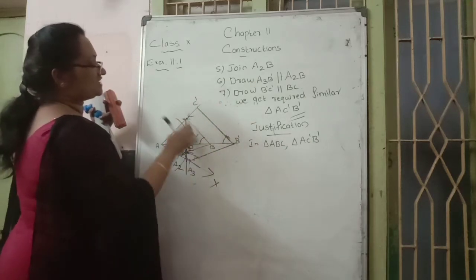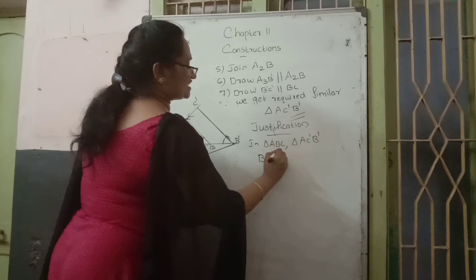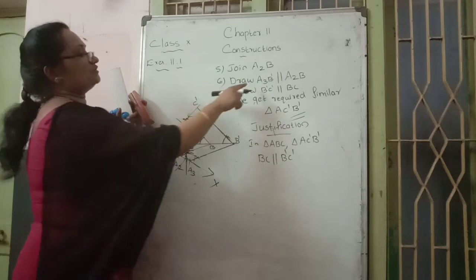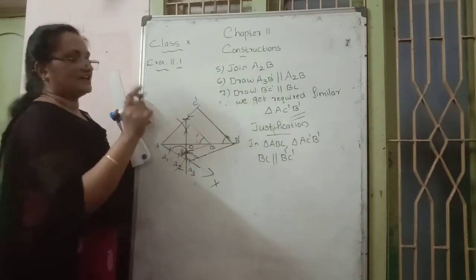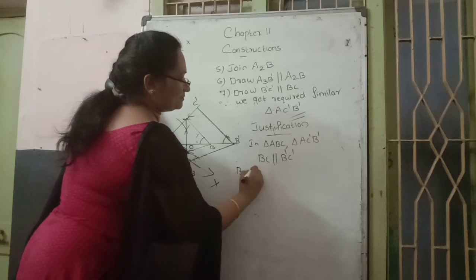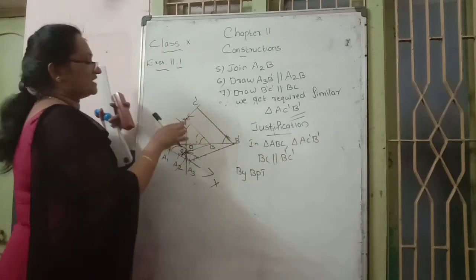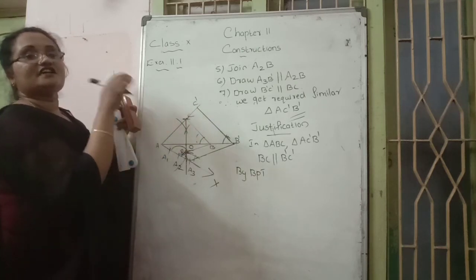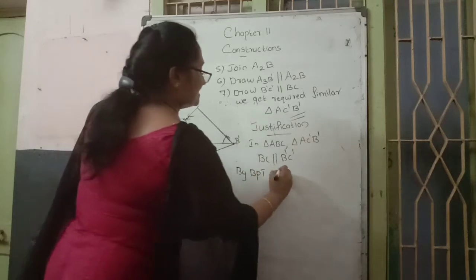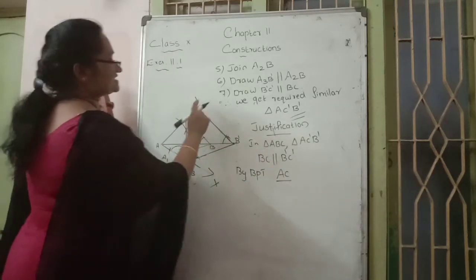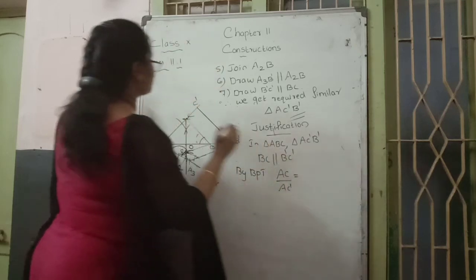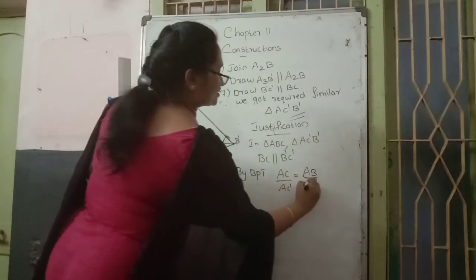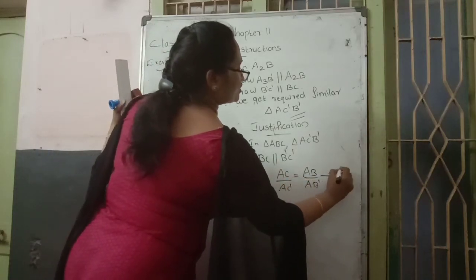Then what we can say: BC side of the original isosceles triangle and B dash C dash are parallel. We already proved that one. They are parallel lines only. Then here we apply the BPT theorem. By the BPT theorem, these two parallel lines intersect the sides of the triangle and make an equal ratio. So ratio wise, how to write? The ratio AC side by AC dash side is equal to AB side by AB dash side. There we mark it as equation 1.